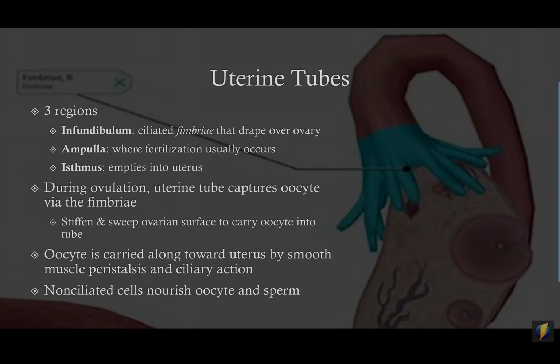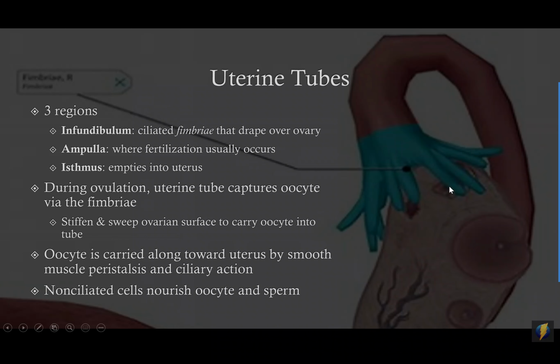So let's talk about the uterine tubes. There are 3 regions to the uterine tube. The first portion is this funnel-shaped portion called the infundibulum, and it has these little finger-like projections that are ciliated, called fimbriae, that drape over the ovary. Not, again, directly connected, right? The oocyte's still going to get released into the abdominal cavity, pelvic cavity,